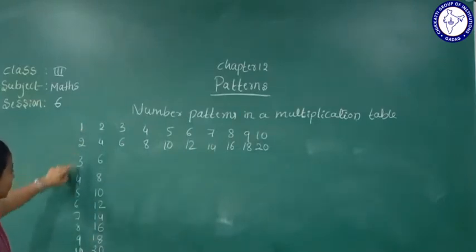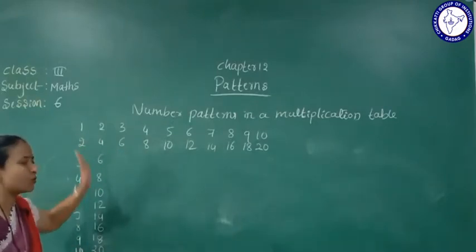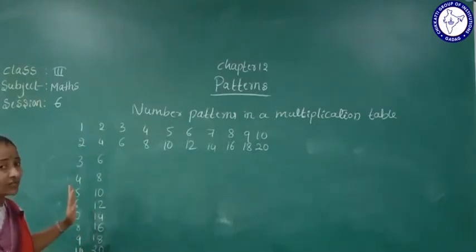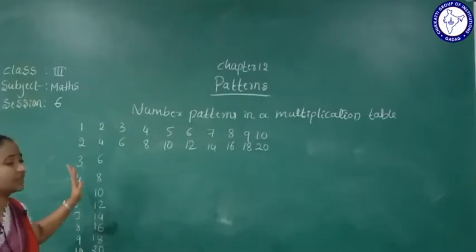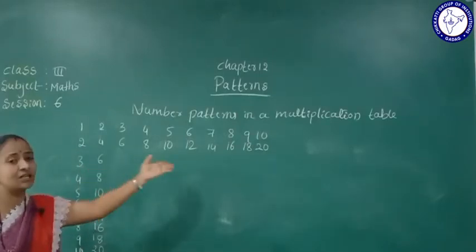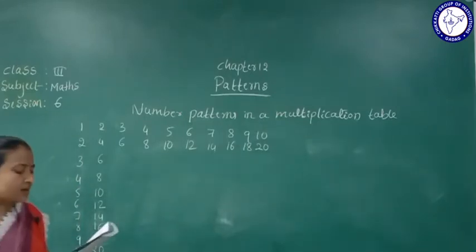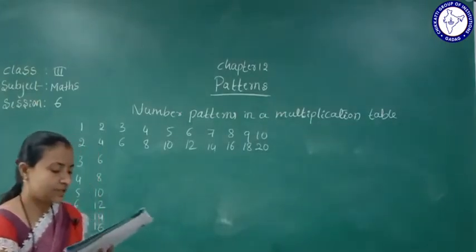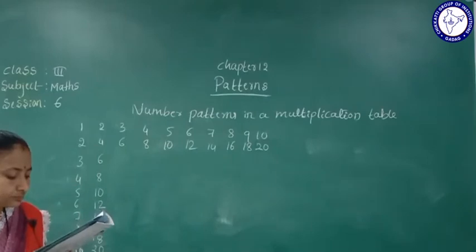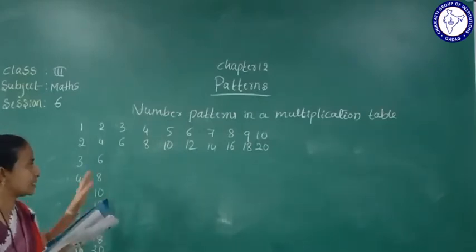Here the 1 1s table is there. Next it comes as 2 1s are 2, the table in row and column. What can we see here? We can see the table in the row, and in the column also we can see the tables. So this is a multiplication table, in vertical lines and also in rows.